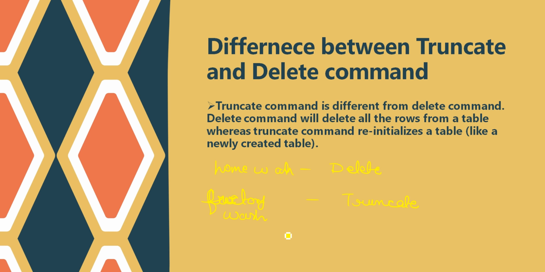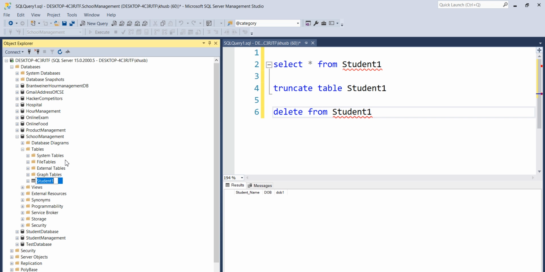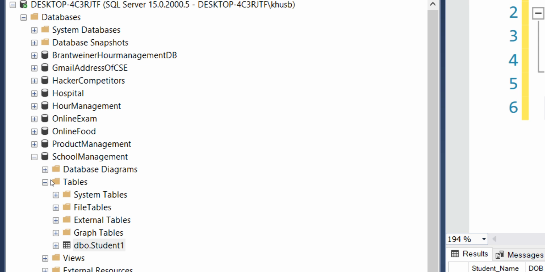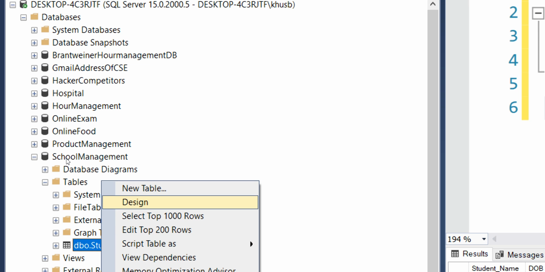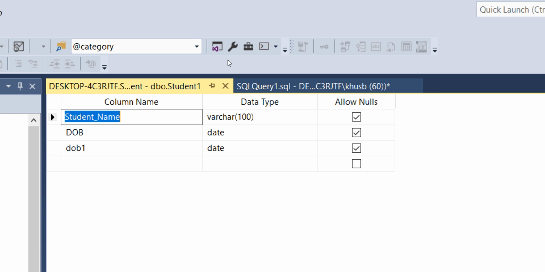Now what does this mean? Let's add one more column to this student table, then it will be easier to understand the real meaning of truncate and delete. So let's go to the design section and add one more column.